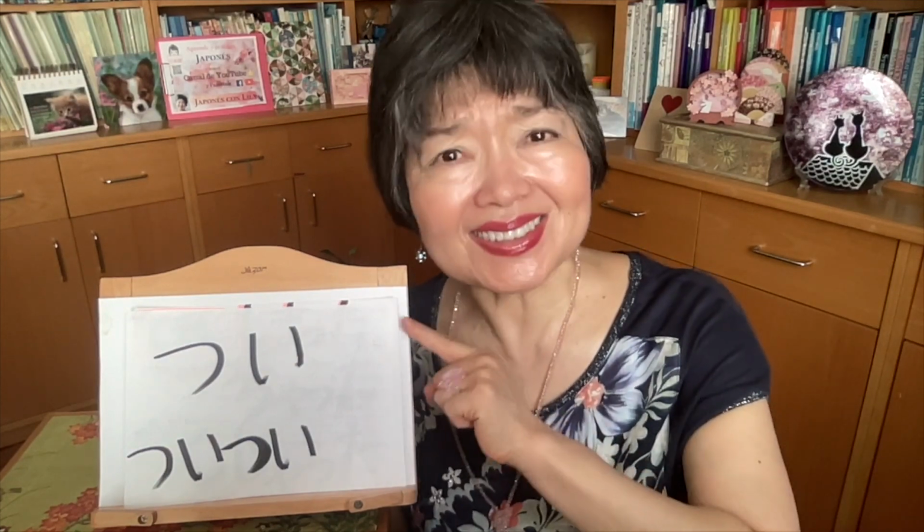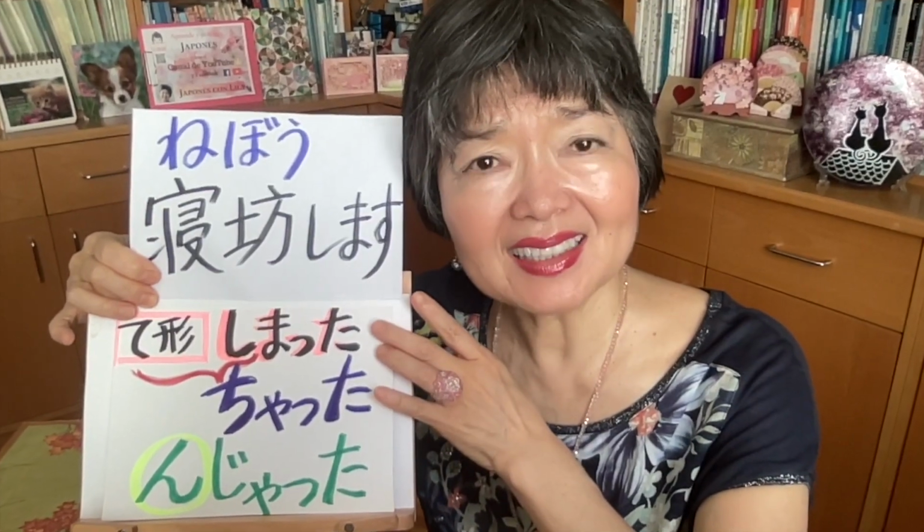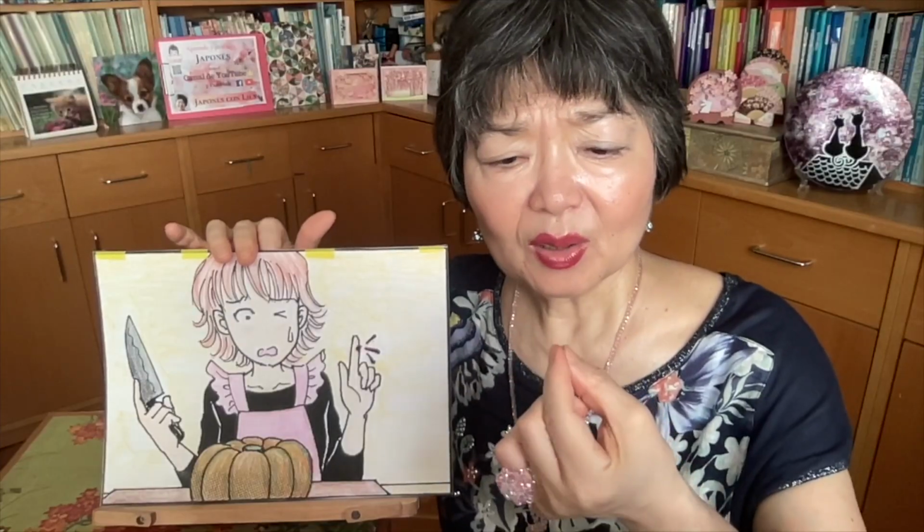Then we use つい. Oh my God, I overslept. To wake up later than you wanted, or to oversleep. 寝坊します。寝坊してしまいました。寝坊してしまった。寝坊しちゃった。